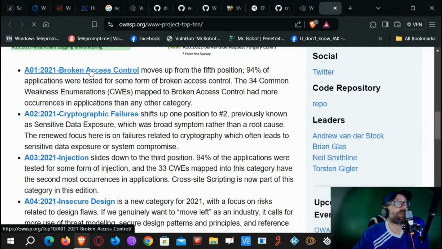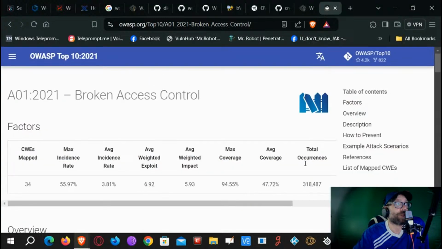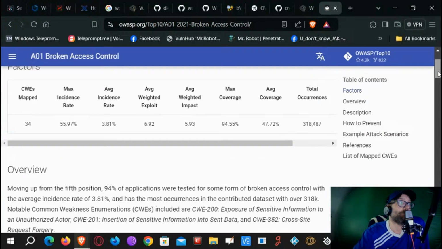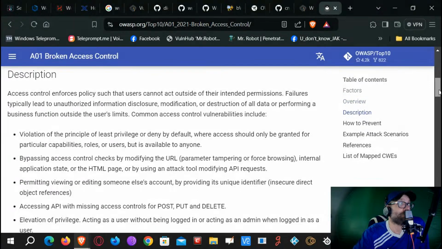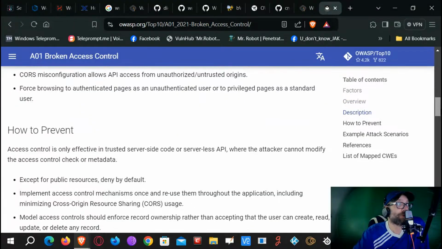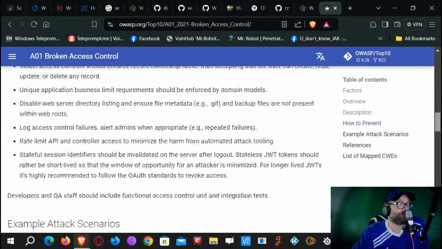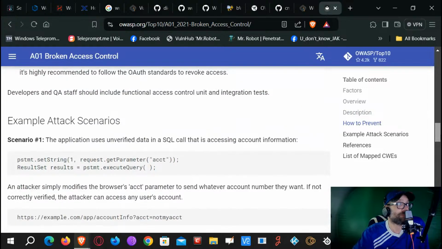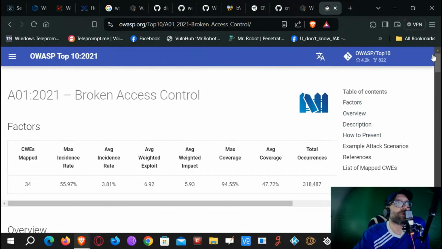So let's say the broken access control. If you click on here, it'll break it down, give you more information about what it is and why it's popular, how to prevent these certain types of attacks, and example attack scenarios. So we're definitely going to be touching on OWASP, and we'll be using a lot of their resources. And then also when we're doing our capture the flags, or actually more of our pen testing, we're going to actually start going through